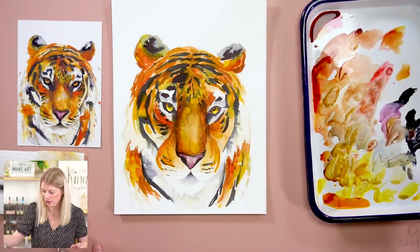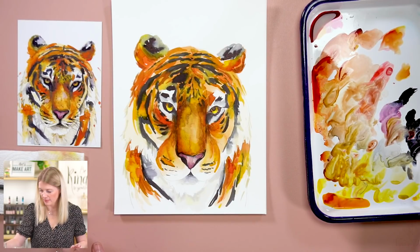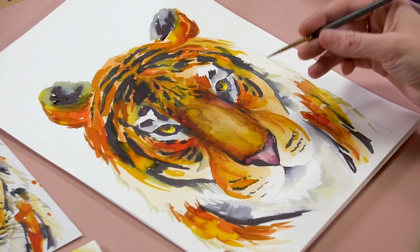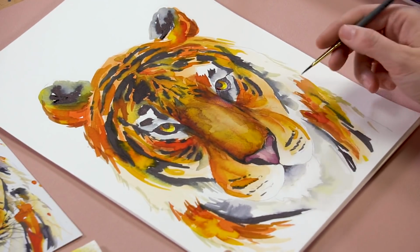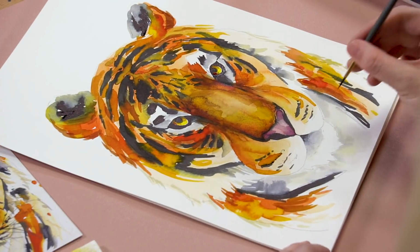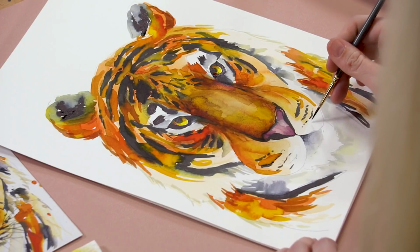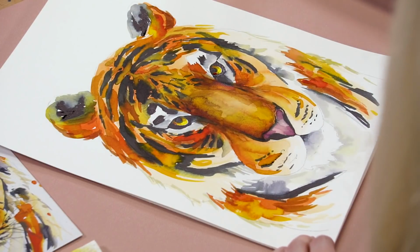Okay, whiskers, taking my round 2, picking up some black. Whiskers are really tricky, but you guys can do it. It's just thin lines that come out from like these dotted areas, and sometimes I make noise to help me with them. So I'm just going to